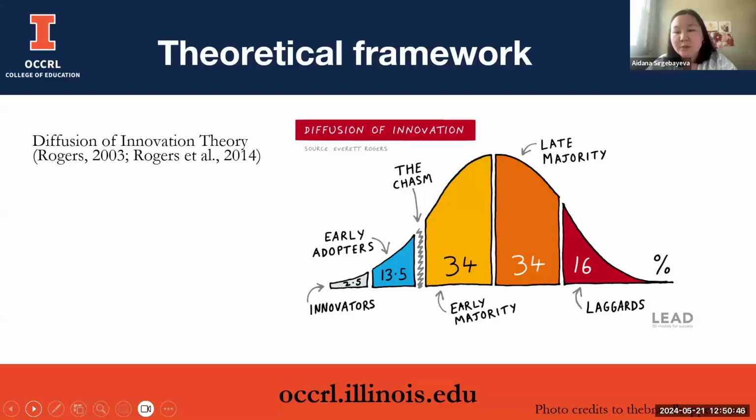And we have the 16% of these 5 categories, which is called in the theory laggards, those people who still tend not to use it or not even try to use the new innovation that has been introduced, although it has been proven to be successful, impacting the overall success of the program. Still, those 16% have been called the laggards, who have not even tried to adapt to the new innovations.